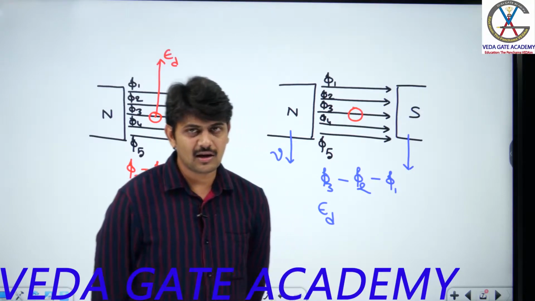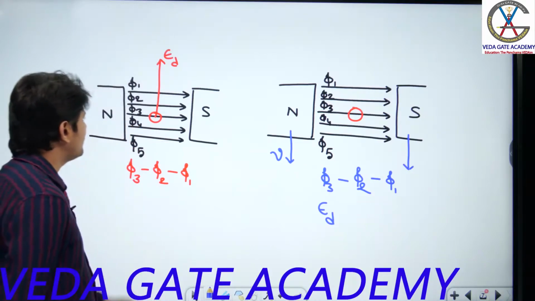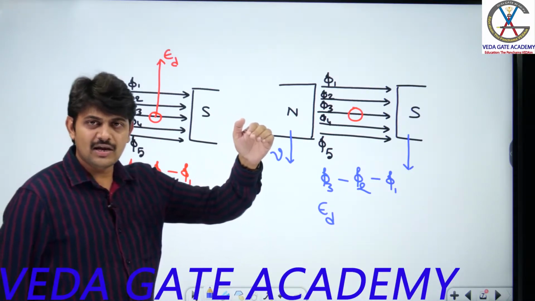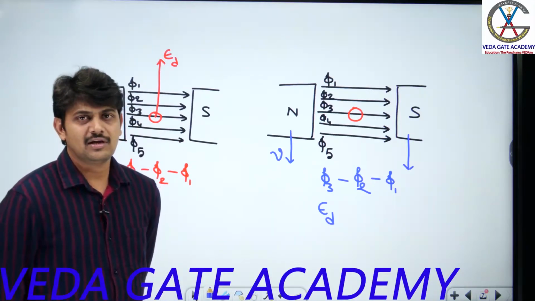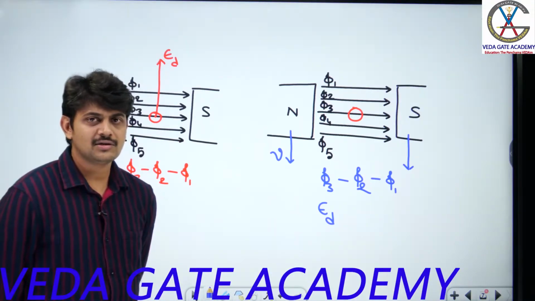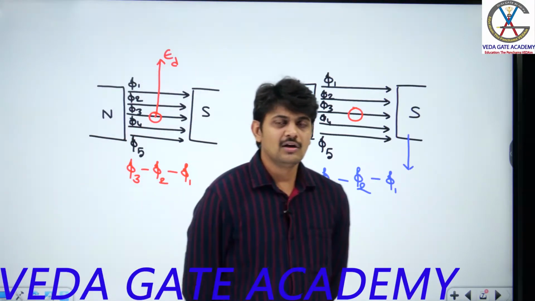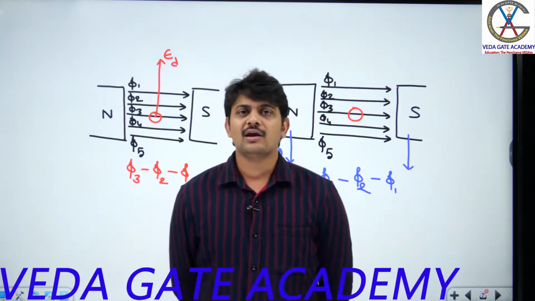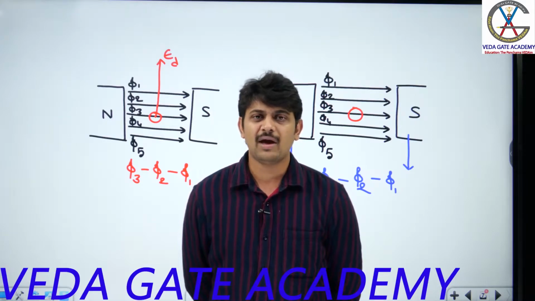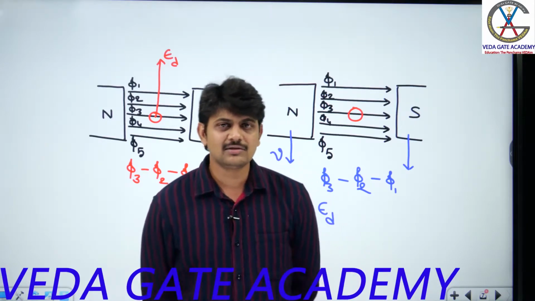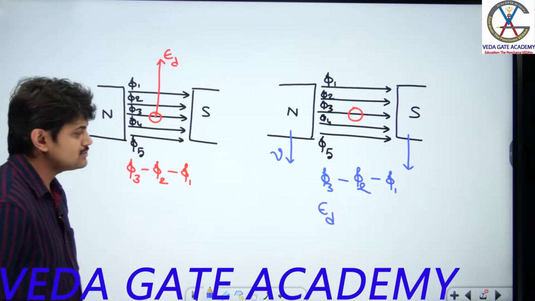So in that particular terminology, if I want to give the observation from this discussion, we can say that the conductor moving in the clockwise direction is equivalent to the magnetic field rotating in the anti-clockwise direction. Please make a note of that point. It is a very, very important observation. So the conductor rotating in the clockwise direction is equivalent to the magnetic field moving in the anti-clockwise direction. So this is how we are able to create the dynamically induced EMF.